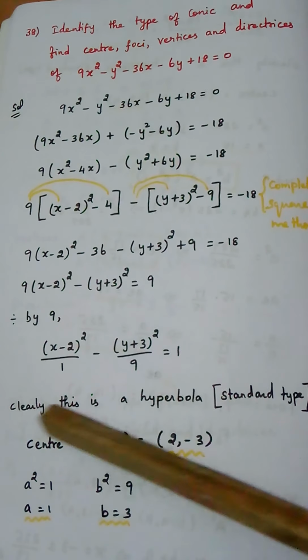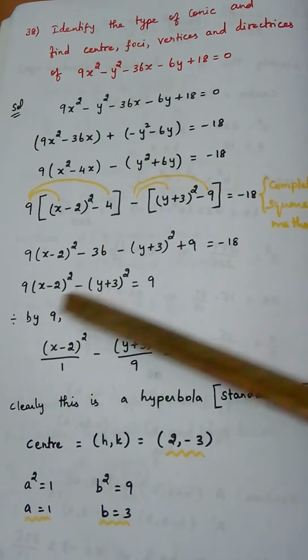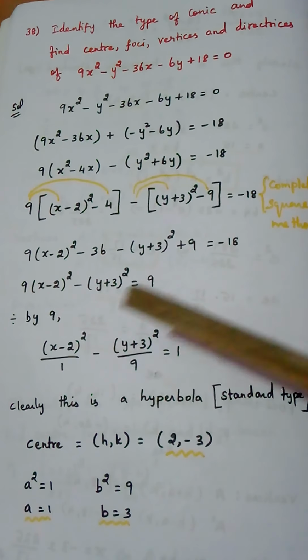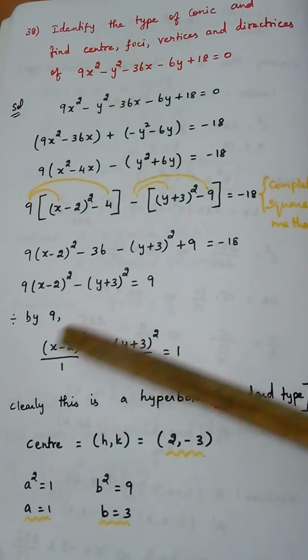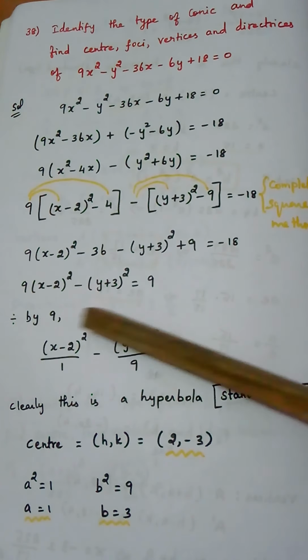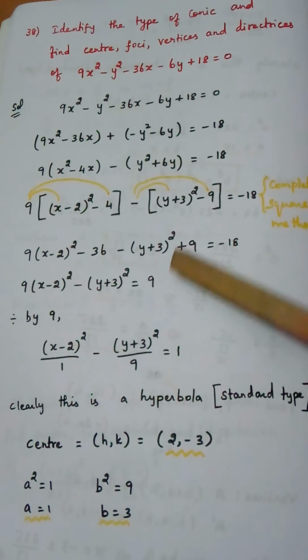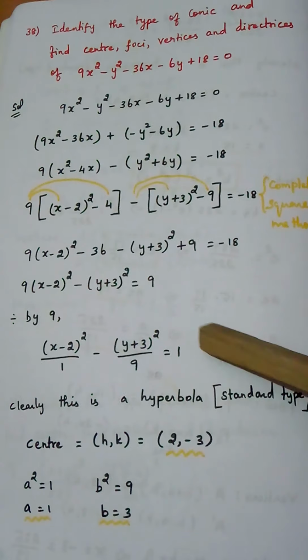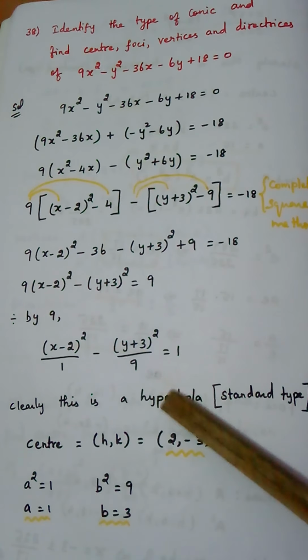So when I see this, now I am happy to see this format, because I can easily say this format is nothing but a hyperbola, because see, the minus sign is present here. Something x minus 2 whole square by something minus y term square by something equal to 1. This is nothing but a hyperbola. So from this equation we should simplify and get into the standard form. Now only I can easily say that clearly this is a hyperbola.